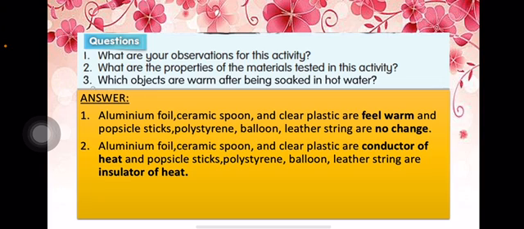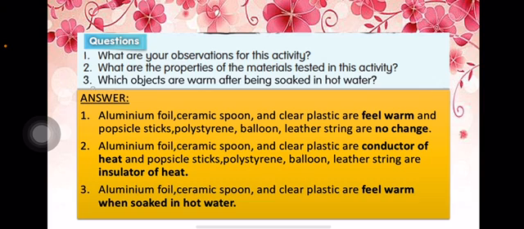Aluminium foil, ceramic spoon, and clear plastic are conductors of heat, and popsicle stick, polystyrene, balloon, and leather string are insulators of heat. Insulator means it cannot absorb heat. Which objects are warm after being soaked in water? For sure, aluminium foil, ceramic spoon, and clear plastic feel warm when soaked in hot water.